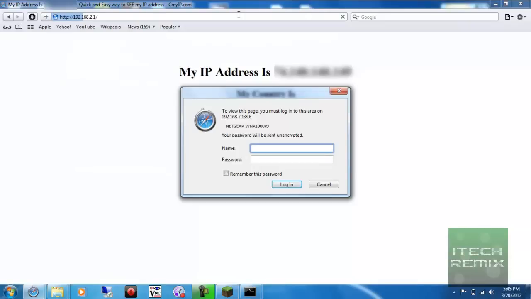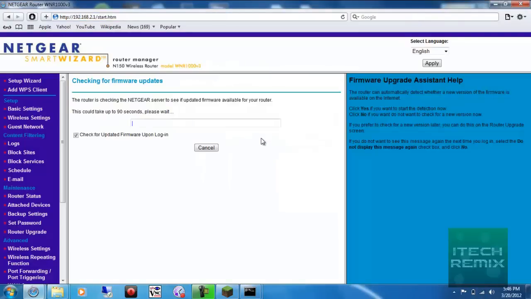Alright, and for mine it will ask me for a username and password. You can usually find on the internet, like Google your router model, which you can see mine right there, Netgear, and then WNR1000v3 is my model. Just Google that and you can probably find the default password if you don't know it. So I'll go ahead and type my username and password for my router, and I'll get the